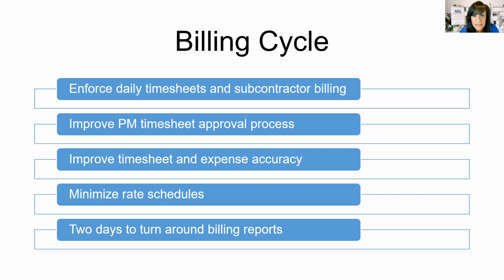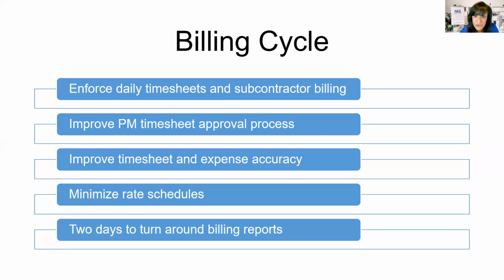Improve your project manager timesheet approval process. You know, I look at what PMs do. They're barely glazing over the timesheets. In some cases, you have supervisors approving timesheets, and the PMs never see the time and expense that's charged to a project until the very end of the month. And at that point, everything's a mess. And so I recommend that you send out a weekly time charge report to your PMs every Monday or something like that, so they can look at the time charge the week before and make sure it's correct.